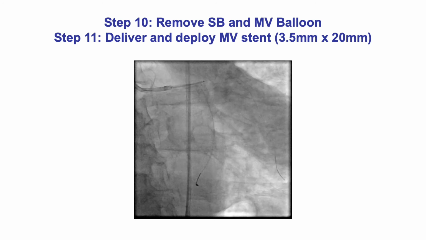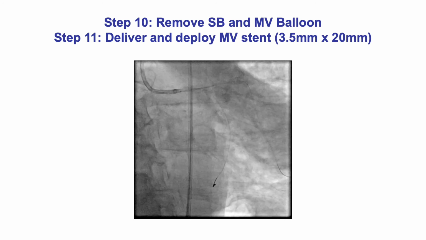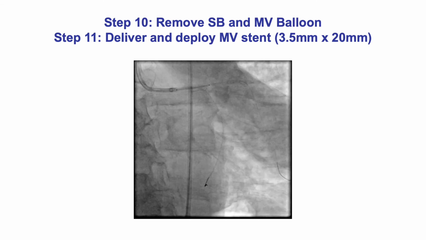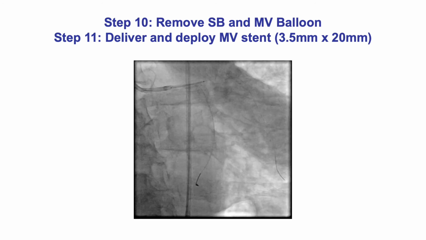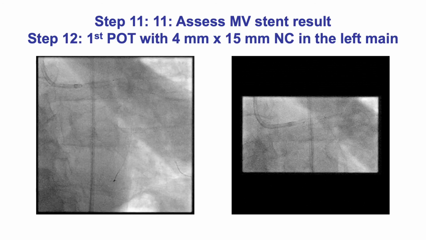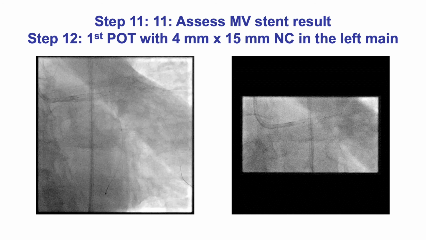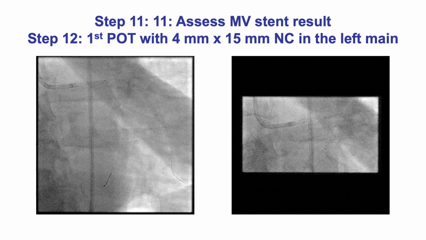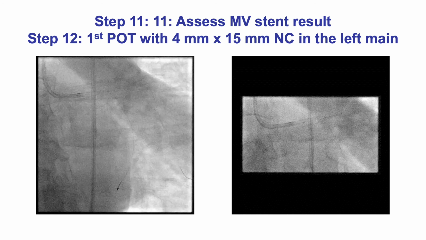Step number 10 is to remove the side branch and main vessel balloon and to deliver and deploy the main vessel stent. We use 3.5 by 20. So 3.5 because it should be equal to the distal main vessel, which in this case is the proximal LAD, and 20 to make sure we are covering the proximal left main and to allow at least 8 millimeter for POT. And then step number 11 is to assess the main vessel stent result to make sure there is no